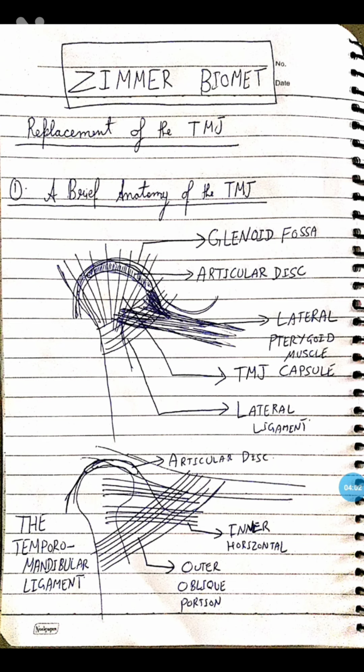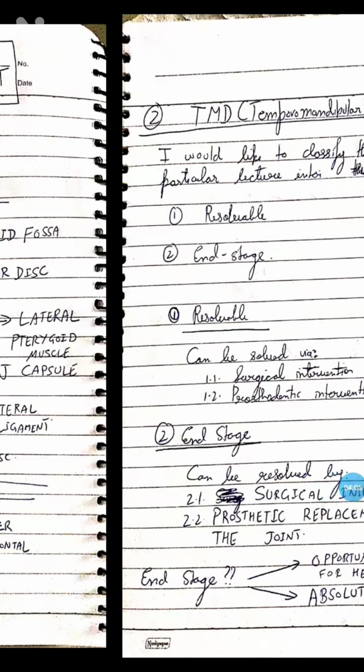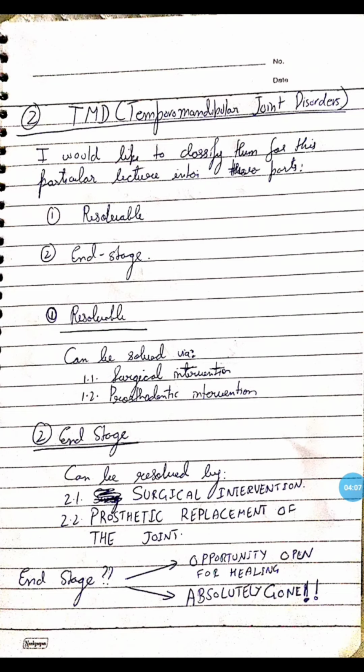You can have a surgical intervention. You say, yeah, we'll go ahead with a surgical intervention. That is the removal of the joint. But is prosthetic replacement of the joint possible? Now most of you would end up with a question mark at this point, considering that prosthetic replacement of the joint is mostly not the way you prosthetically replace anything else.